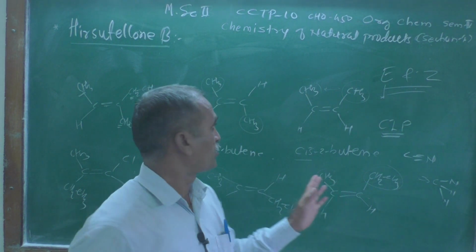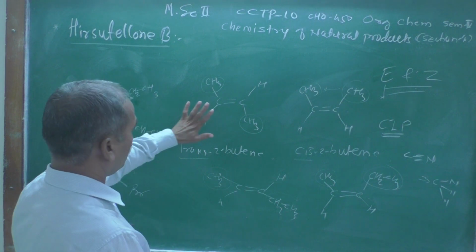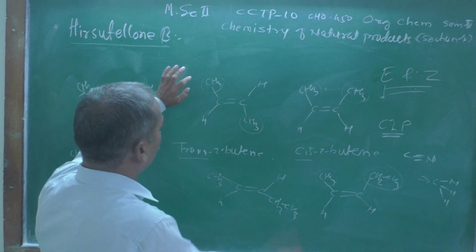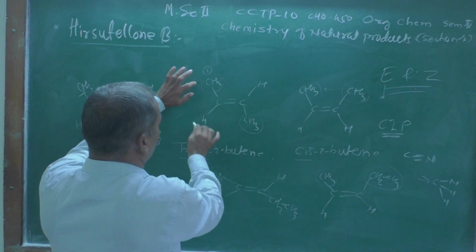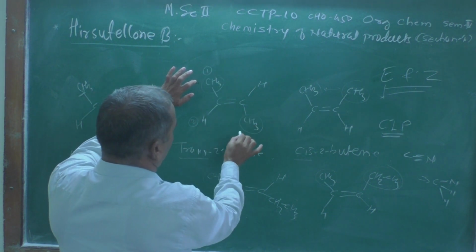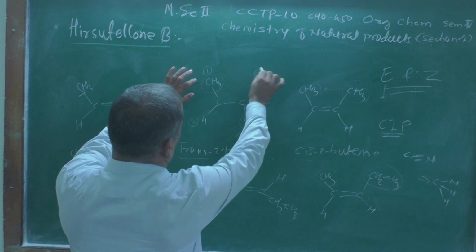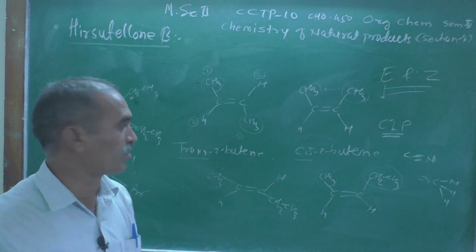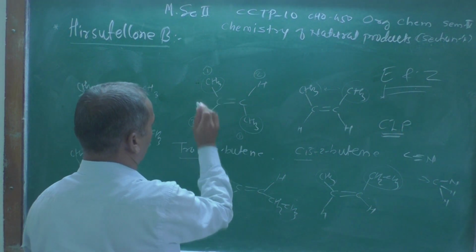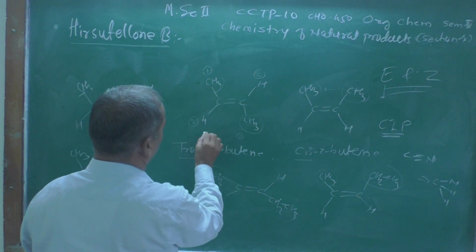That's it. Suppose here, look at the simplest one. Whether it is E or Z, suppose here the methyl group is bigger, so you give the number 1, here is a 2. Here it is a 1, here is a 2. Circle it. Look at this, the first priority groups are on the opposite side of the carbon-carbon double bond, and this is known as an E configuration.